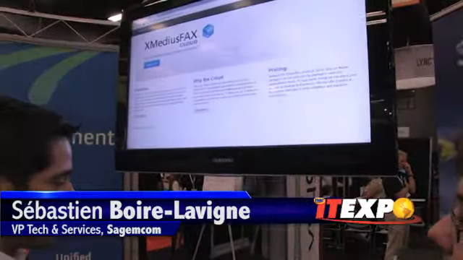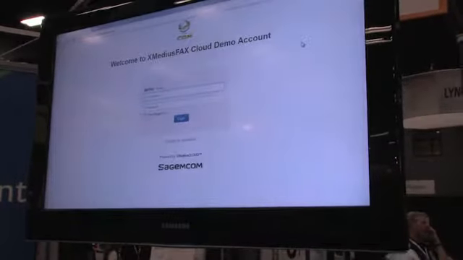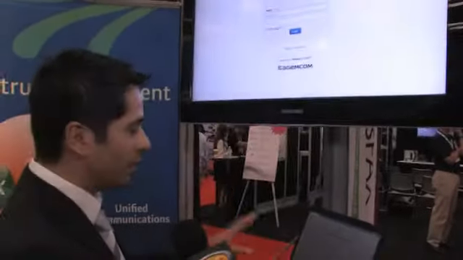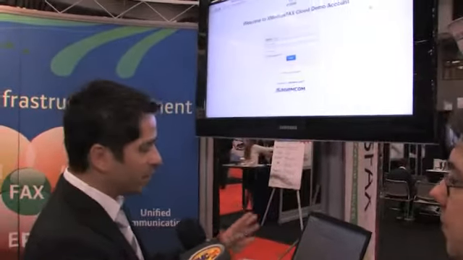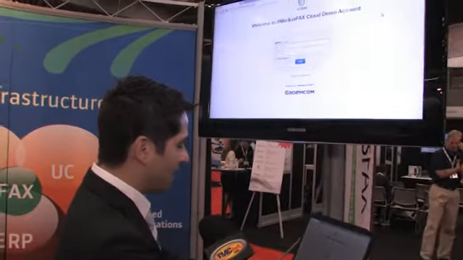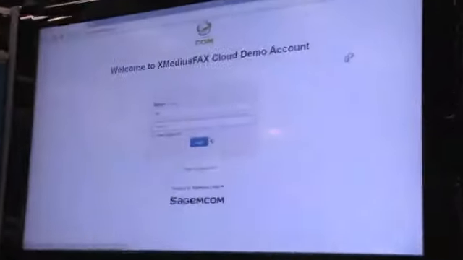Why don't you show us what you've brought to show at ITEXPO? Yeah, so today I'm going to do a demonstration of our new cloud application, which is called Xmedius Fax Cloud. We already have an account that is set up. It's a cloud fax application. We can provision customers in terms of seconds, just need to go and create their account. And after that they can pretty much self-manage their enterprise fax solution directly in a cloud